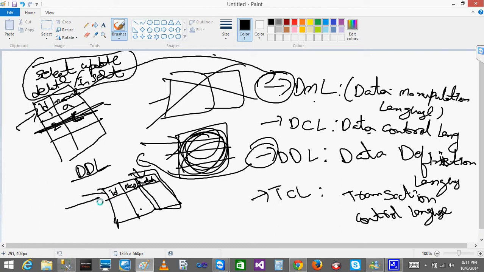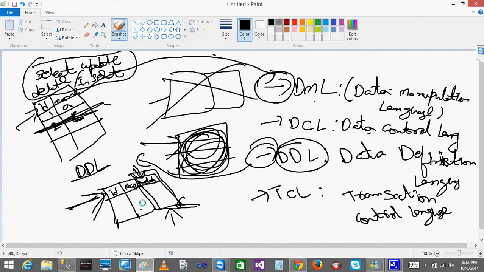You can create a table, add a column to a table, drop an existing column, or change an existing column. That all comes under data definition language. It deals with the structure of an object, like creating, altering, dropping and truncating.